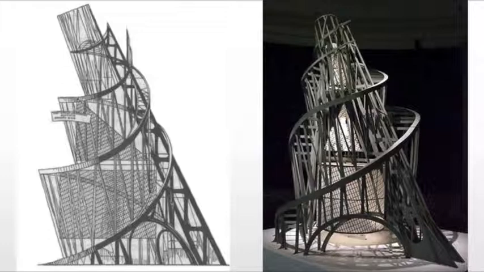What we see is a glass cylinder, cone, and cube, which would house conference space and revolve, giving it this sort of kinetic nature. And we see that cone in the center, the cube at the base. Here we see the cone. So we see these different forms, and it would have housed this actual functional conference space while still getting across the power of communism as he saw it.